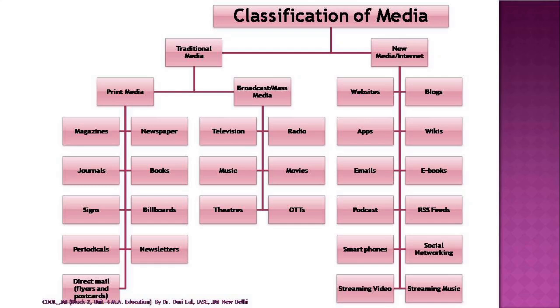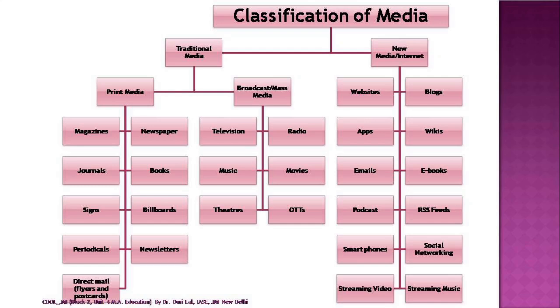Further, traditional media also divide into two major categories. Here, the print media and broadcast media. Broadcast media, also called mass media. In print media, magazine, newspaper, journals, books, signs, billboards, periodicals, newsletters, and direct mail, which include flyers and postcards, whereas